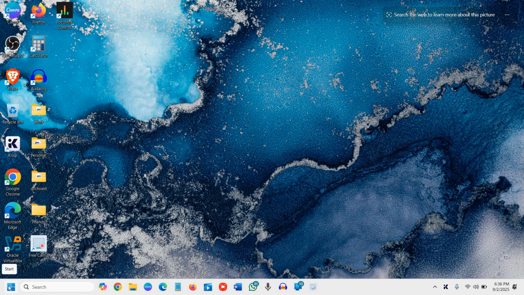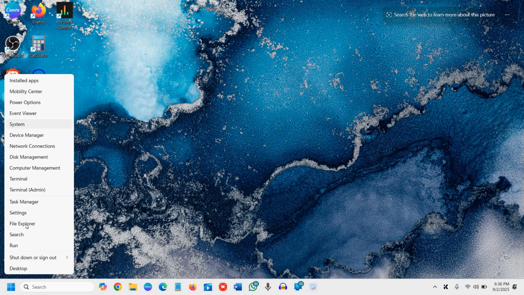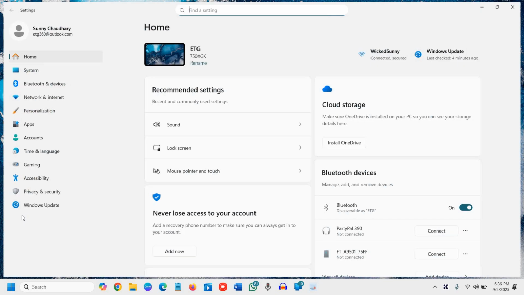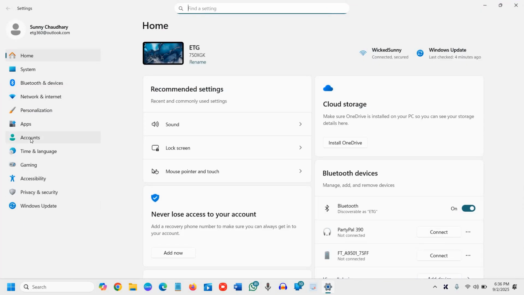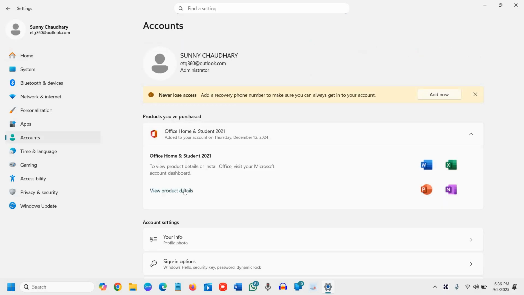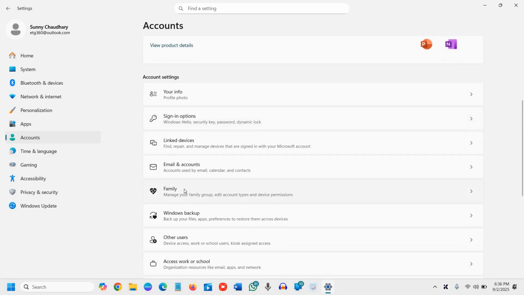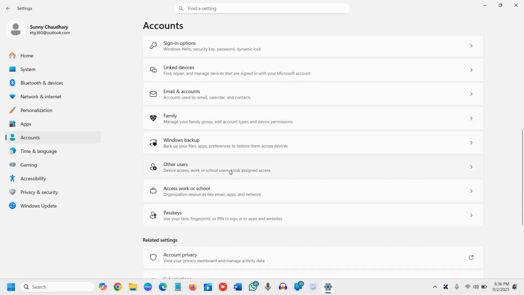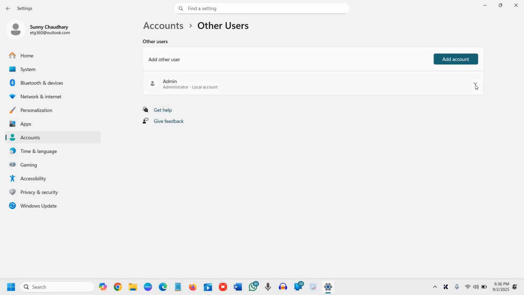So here in the start icon, do a right click and then go to settings. And then we need to click on this accounts option. We need to scroll down more, and we need to click on other users. Now you will find a lot of accounts you have, and you will have the option to change